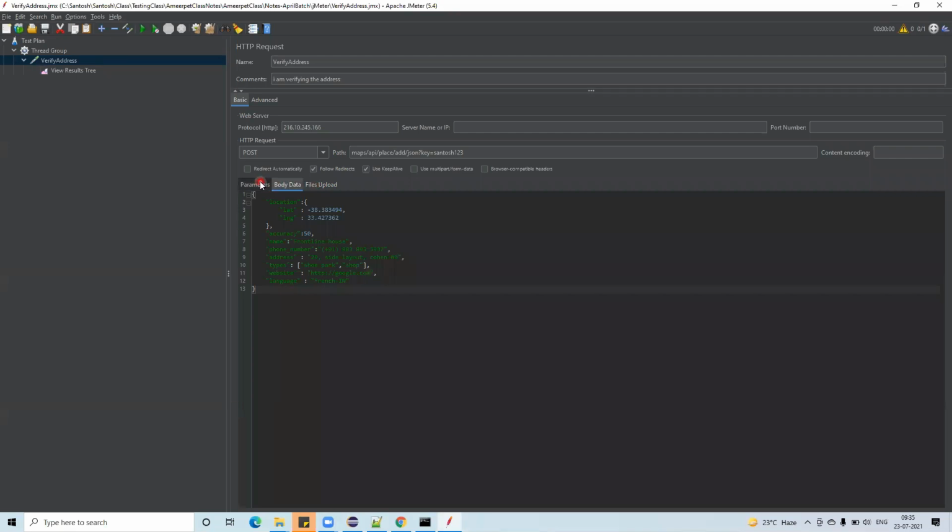Parameters. What is the problem? What form data? I think somewhere I am missing.